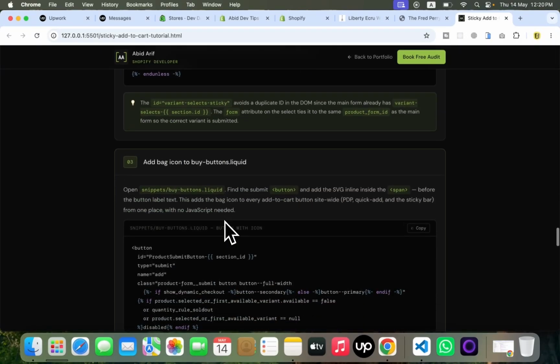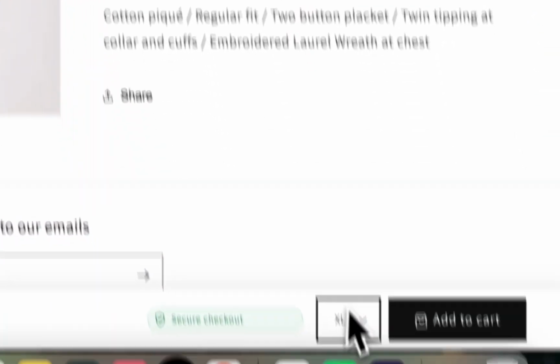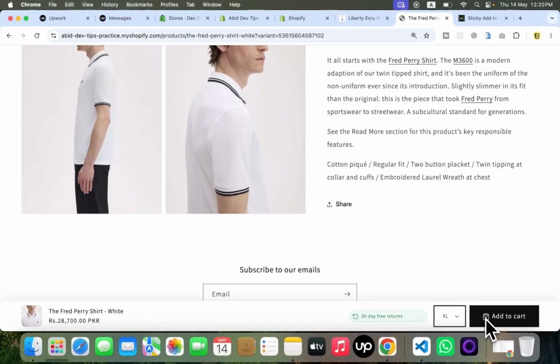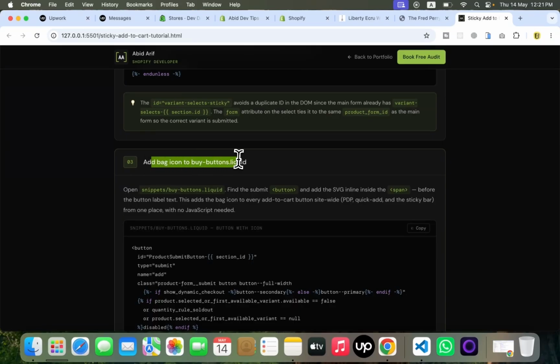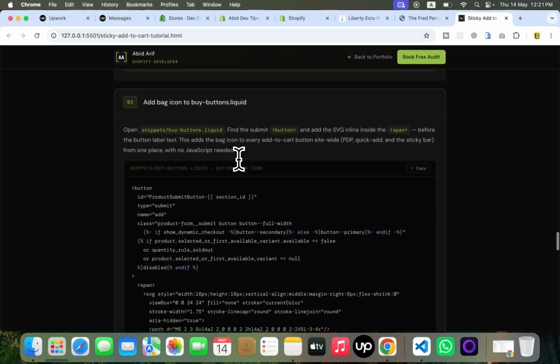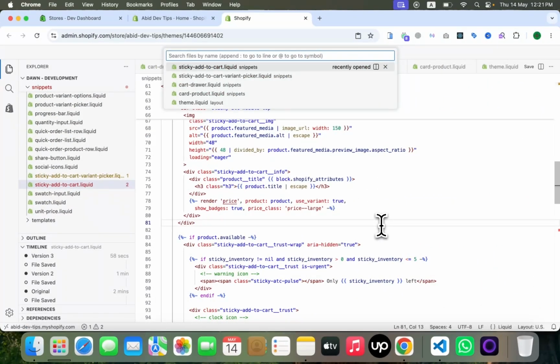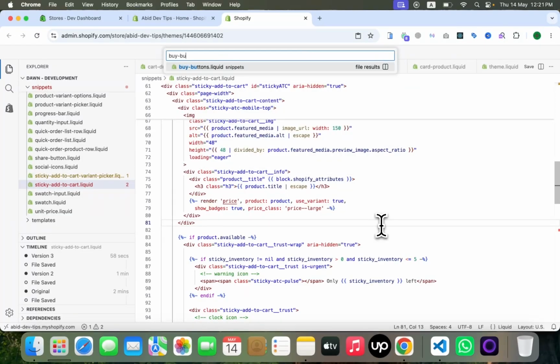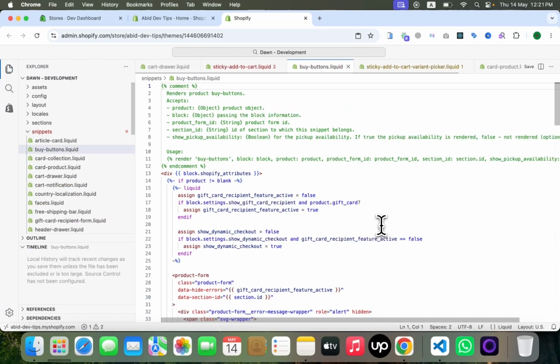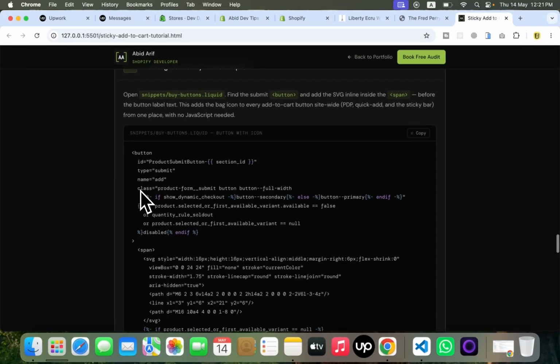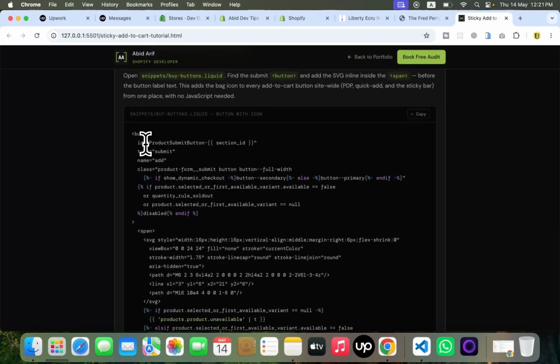Step number 3, if you want to add a buy button icon, add to cart button icon, bag icon, then this is step number 3, add bag icon to buy buttons. Open the snippet buy-buttons.liquid file. Command P on Mac and Control P in Windows. buy-buttons.liquid, press enter and copy this ID.